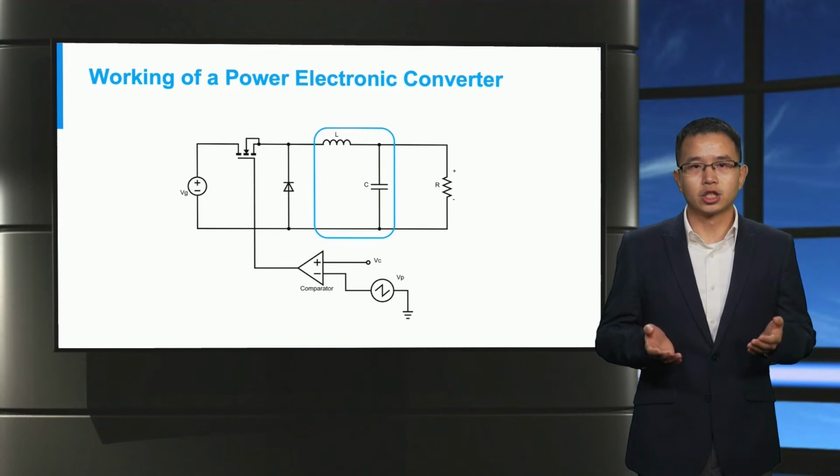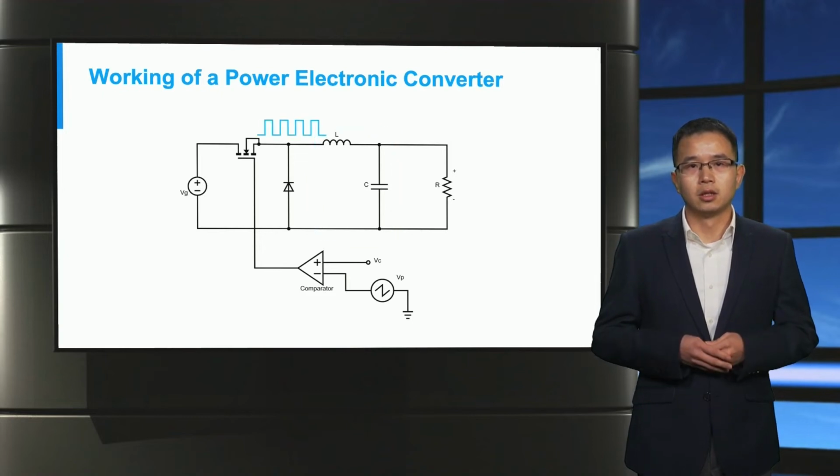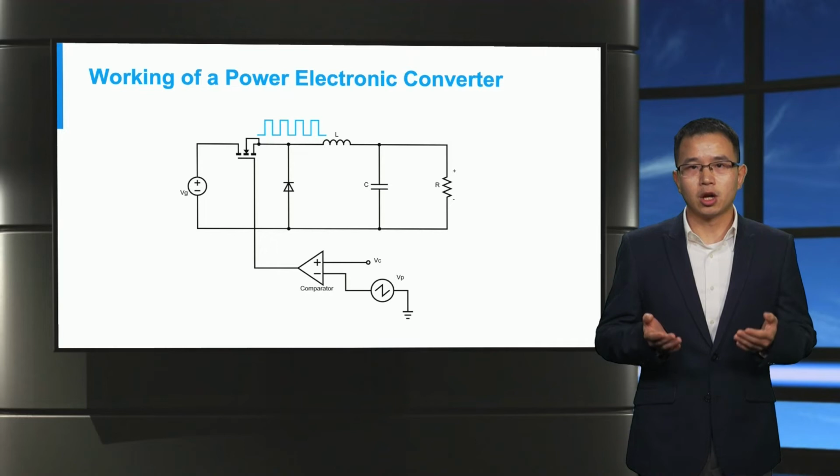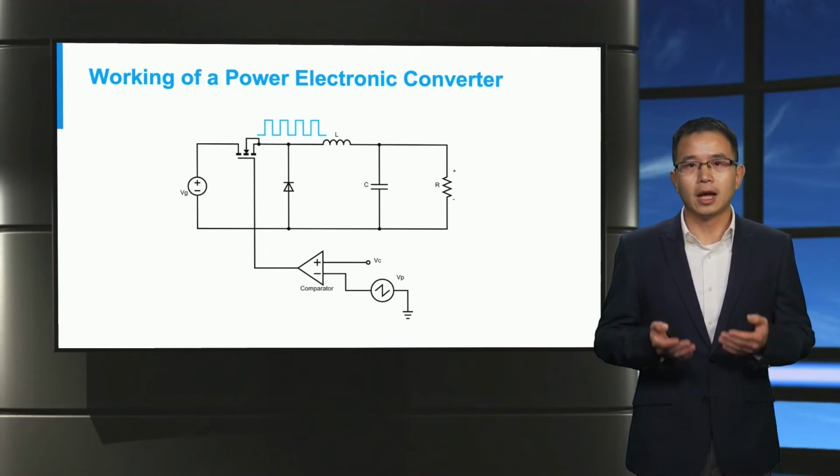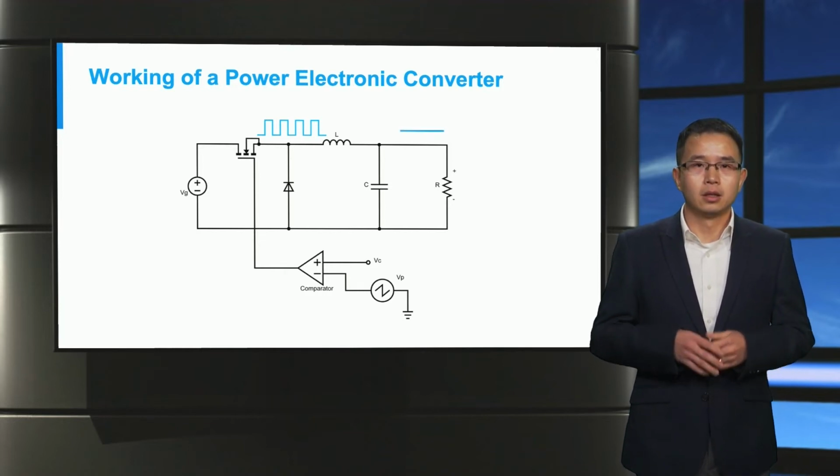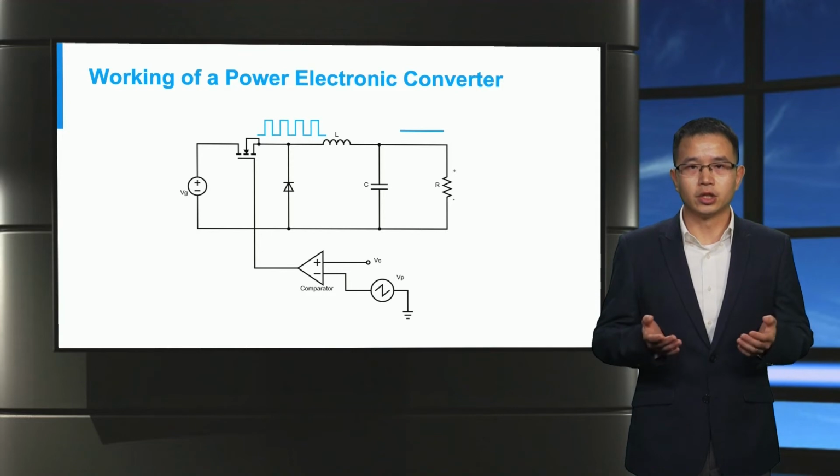On state is like a short circuit with a little voltage drop across the switch, and off state is like an open circuit. So, by turning the switch on and off, the voltage after the switch is chopped between VDC and 0 at a frequency called the switching frequency. The switching frequency voltage noise is then filtered out by the low-pass filter, so the load can only see a DC voltage. The DC voltage equals the input voltage times the duty cycle of the pulsating voltage.